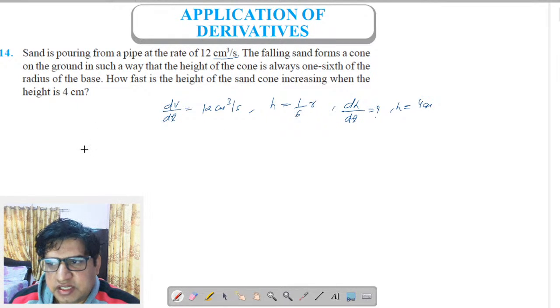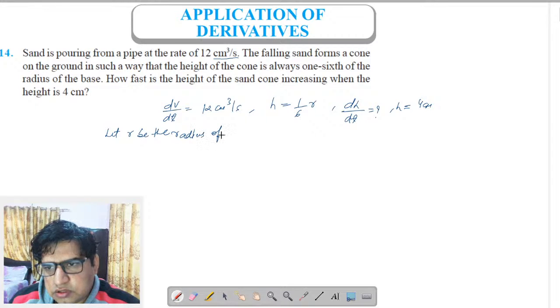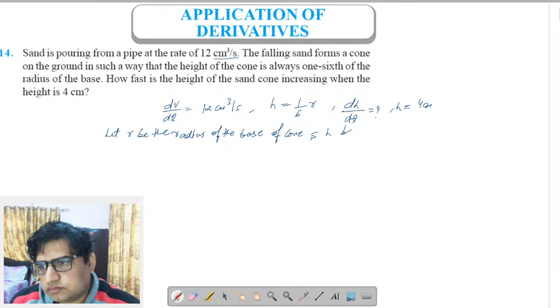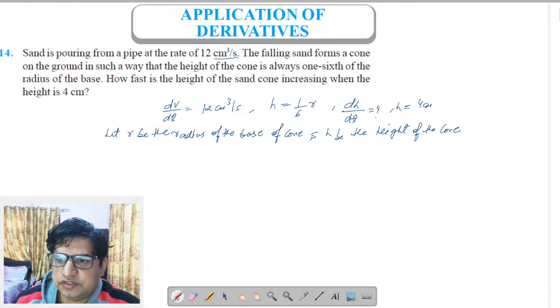ठीक है, so इसमें we can fill in some lines like let r be the radius of the base of the cone and h be the height of the cone. ठीक है, let r be the radius of the base of the cone and h be the height of the cone. ठीक है, तो इसमें हम क्या कर सकते हैं अभी देखो,